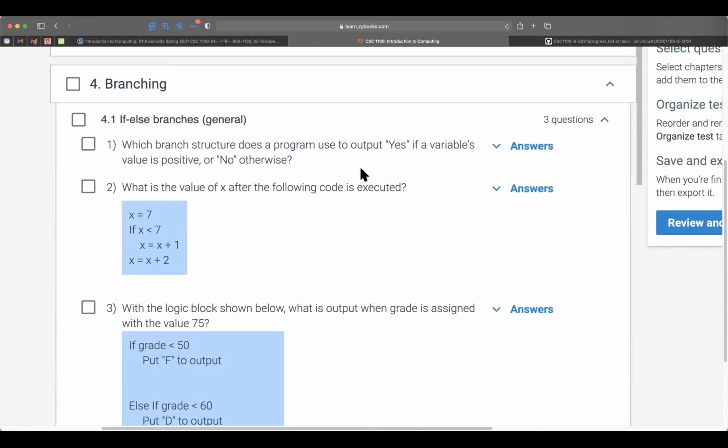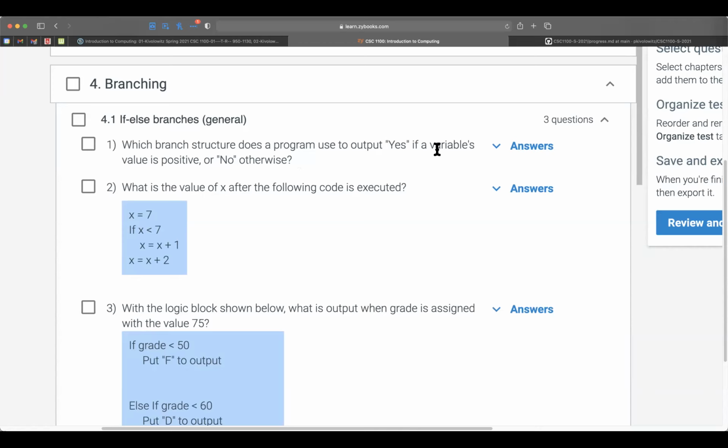Which branch structure does a program use to output yes if a variable's value is positive? And if we dial down the answers, we see something like, in order to have an if statement that gives you two branches, it would be an if and an else. All right, what is the value of X after the following code is executed?